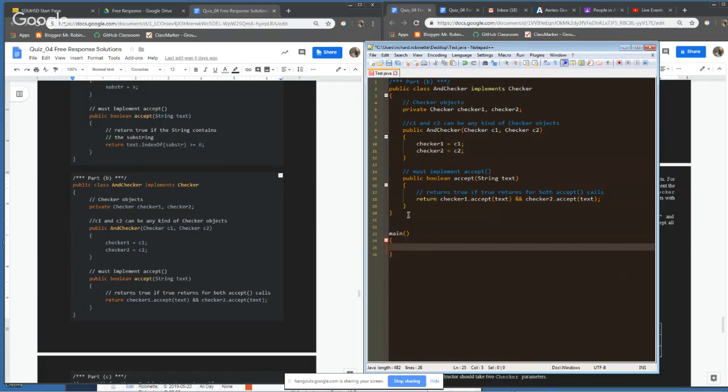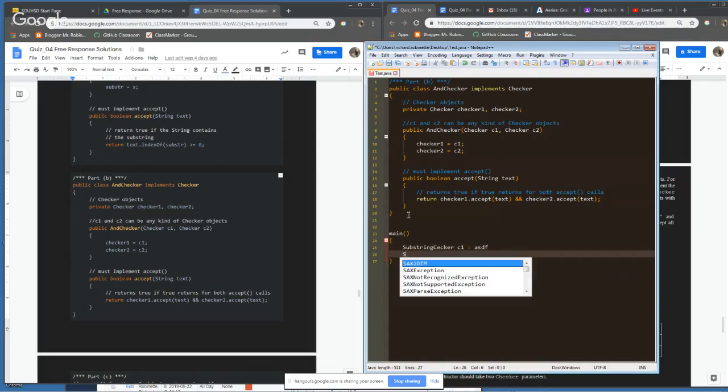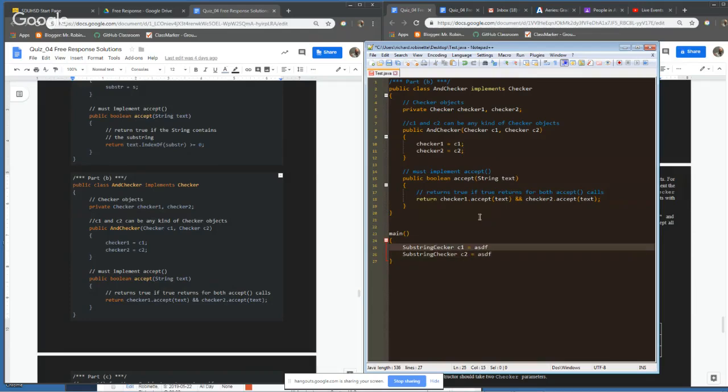And in that main, we could create a SubstringChecker C1 equals whatever, right? And then SubstringChecker C2 equals, and we'll give that data, right? So we would do that, and then we could say